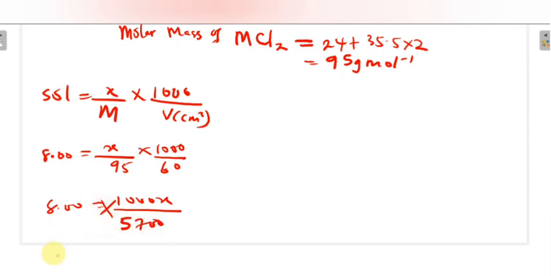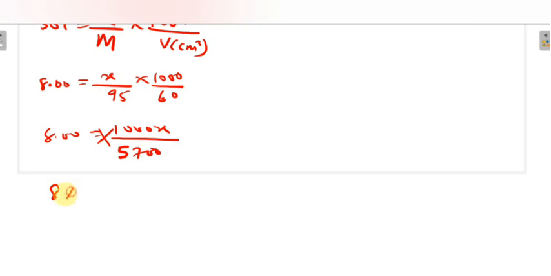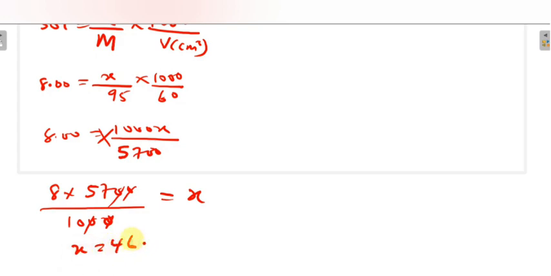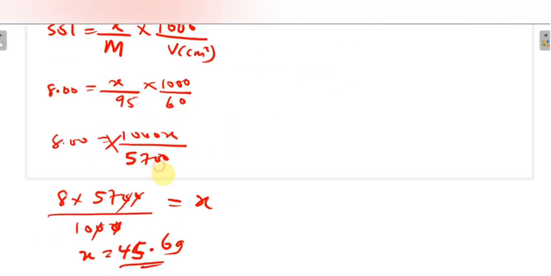So when I cross multiply, I'm going to have 8 times 5700 divided by 1000 is equal to x. So this will cancel out this, and I'm going to have 57. 8 times 57 divided by 10, that's equal to 45.6. So x is equal to 45.6 grams. So the amount of solute that dissolves in this water was